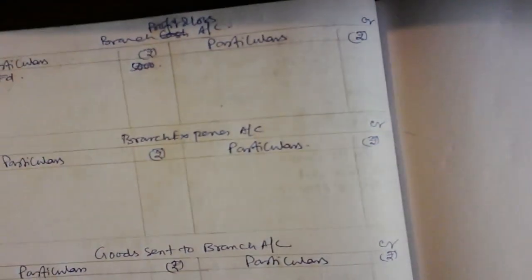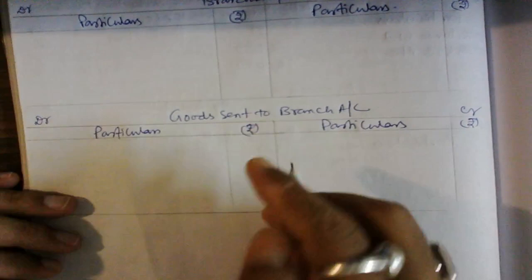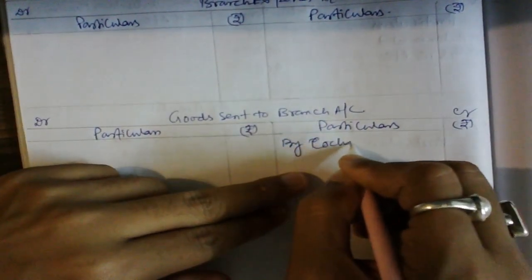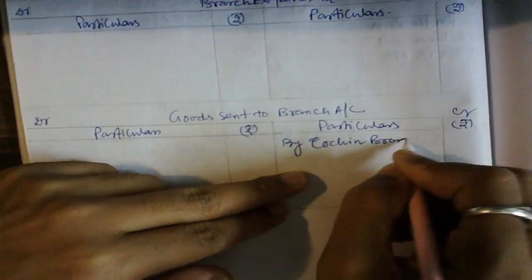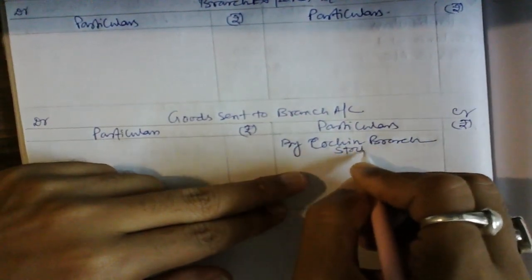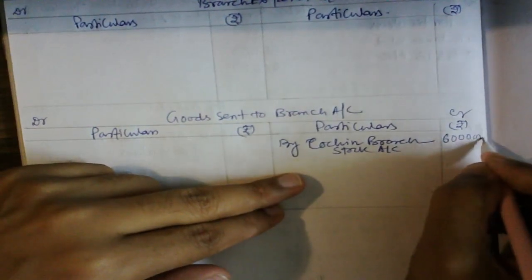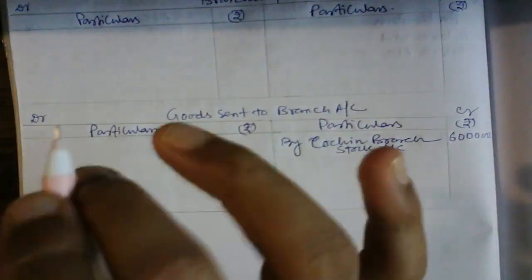So here we can write: branch stock account to goods sent to branch. So goods sent to branch is credited, branch stock is debited. So definitely in the goods sent to branch account, we are going to plot by Cochin branch stock account. What is the balance of that? 6 lakh rupees. It's okay. Next is return to HO